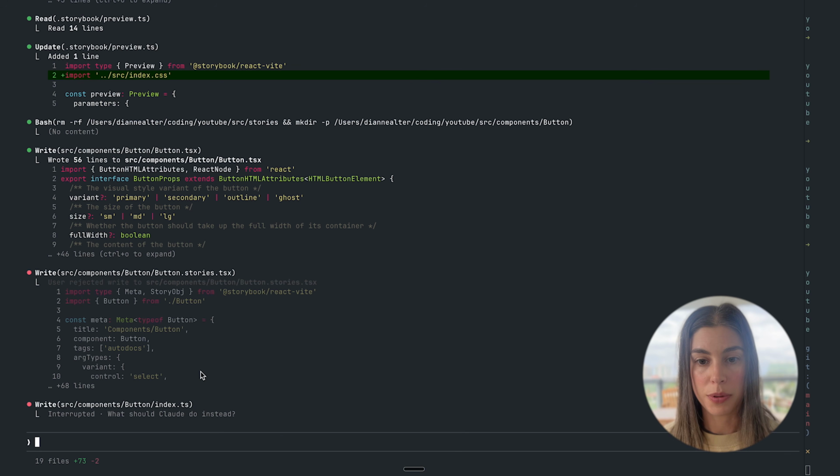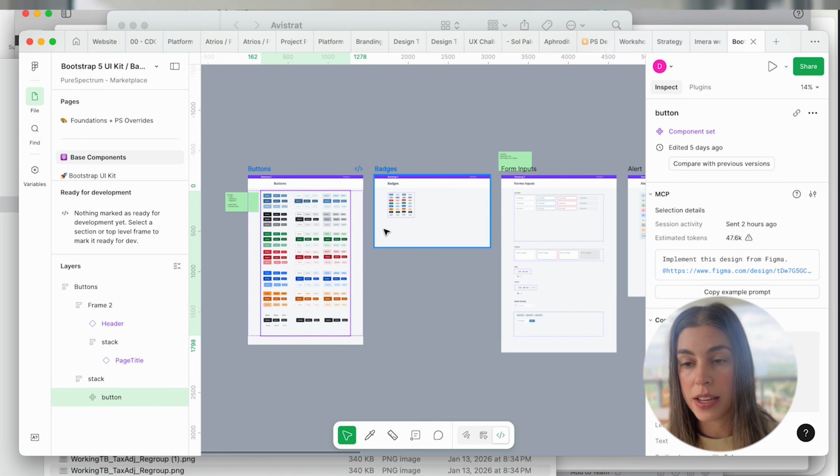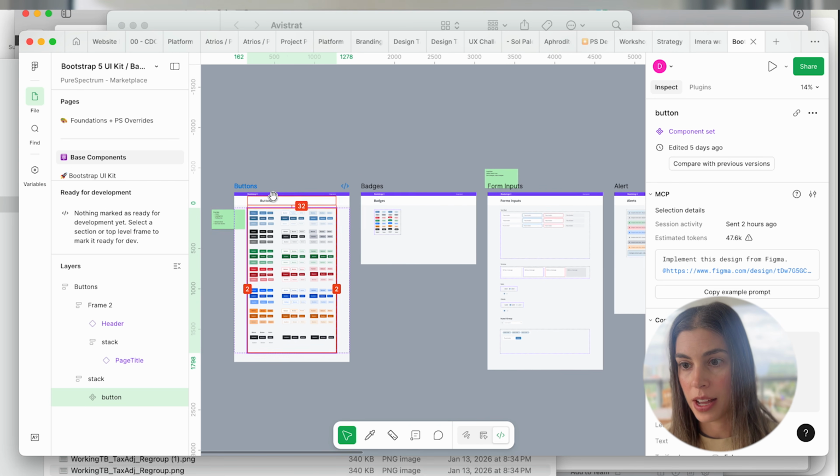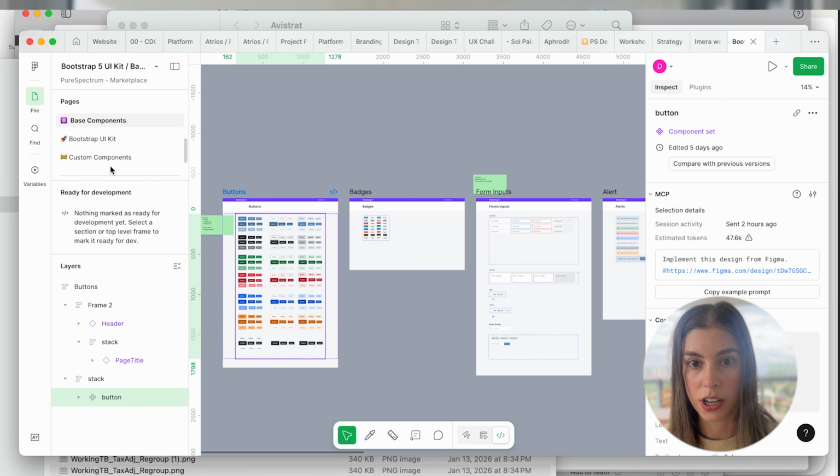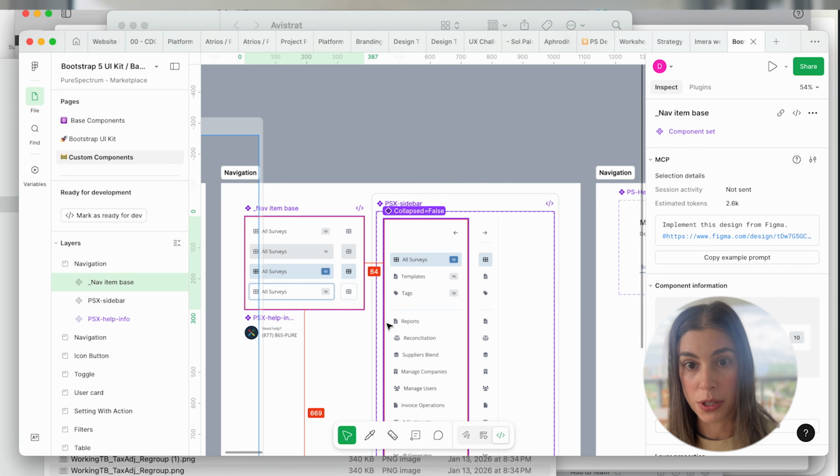Okay, so it looks like the Storybook's ready. Now let's look at our component library in Figma. Okay, so here is a very simple component library that we're starting to build right now for a current customer. It has custom components, everything, but